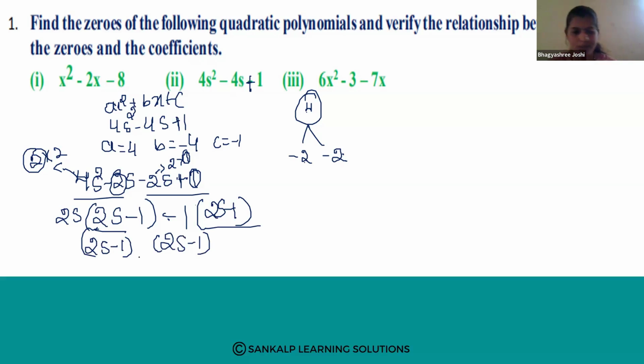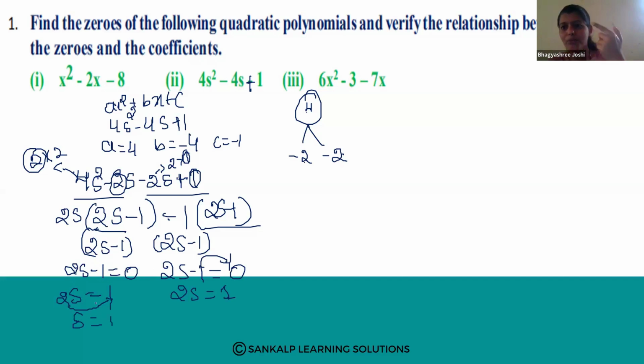Next, find out the zeros. How are we going to find out the zeros? 2s minus 1 is equal to 0. Transfer this minus 1 to this side. It becomes 2s is equal to plus 1. So s is equal to, transfer this 2 to this side,